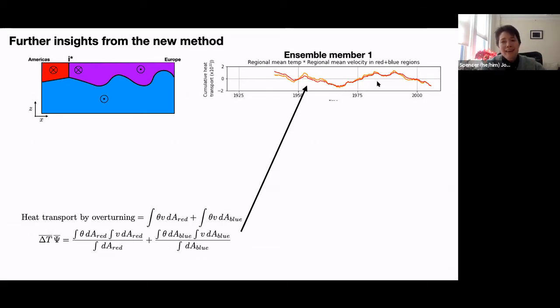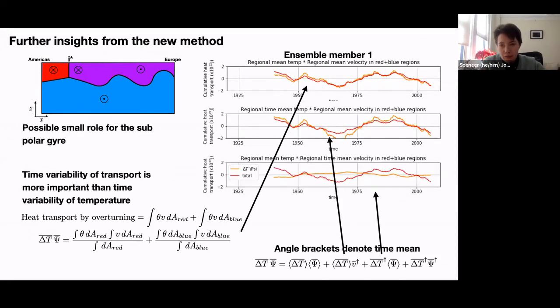And that's what the orange line is. Basically the main point is it really does seem to be the regional mean temperature and the regional mean velocity that's causing the trend that we're seeing. And so I don't think that the subpolar gyre is really affecting what I'm seeing. And then another thing that I thought I could do was break things up a bit in time. I could look at the contribution to the variability by the time mean temperature times the varying velocity,